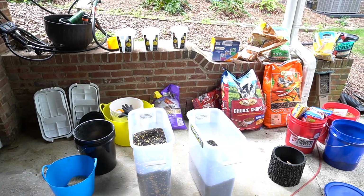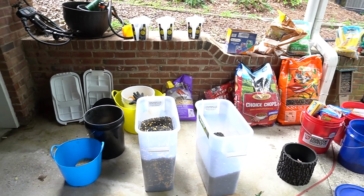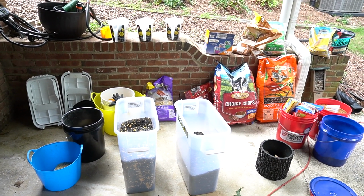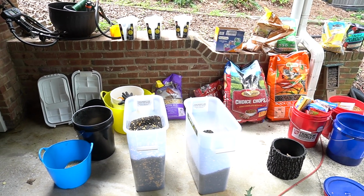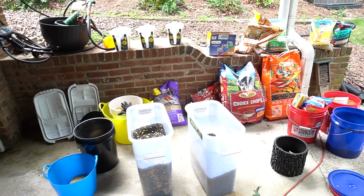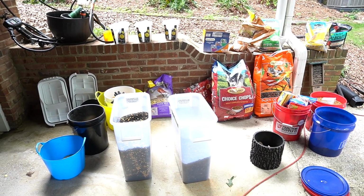There's a lot to it. It's a lot to have a station like this, and that's why sometimes I like to ask for donations out there, because this costs a lot of money. It's about $250 to $300 a month really to keep this going. That doesn't include the landscaping, the investment in the cameras, and the feeder equipment and the feeder maintenance tools and all that. But I just really enjoy feeding the birds, and I really enjoy interacting with you guys